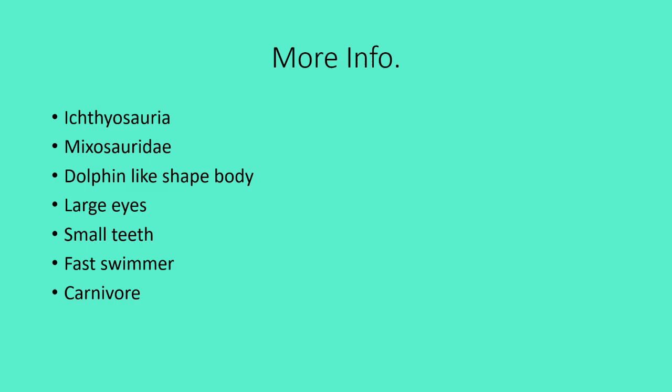More information about Mixosaurus. That is part of the Ichthyosauria family. So it is an ichthyosaur, and is part of its own family group of ichthyosaurs called the Mixosauridae. And so it has its own family group right there of ichthyosaurs. So like all ichthyosaurs, or most ichthyosaurs, Mixosaurus has a dolphin-like shaped body, so it does have a little bit of a dorsal fin, and it's got a tail that is almost similar to a dolphin, but it's actually vertical, not horizontal. It has large eyes, like all ichthyosaurs. It has small teeth in its snout,